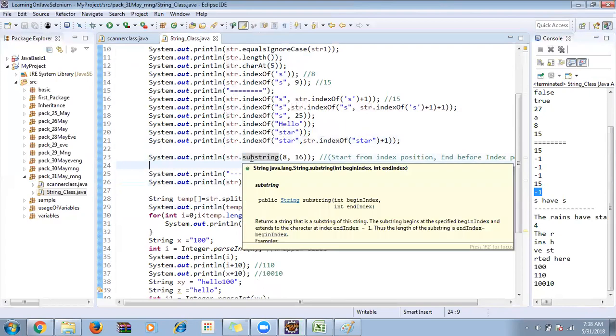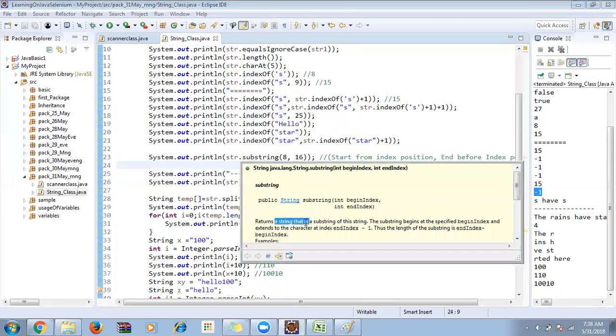When I mouse over substring, you can see it returns a string that is a substring of that string. Substring means some intermediate information alone that I need to get. Instead of getting the full string, get me some information. That's what substring does. The substring begins at the specified begin index, that is, start from the index position, and extends to the character at index,